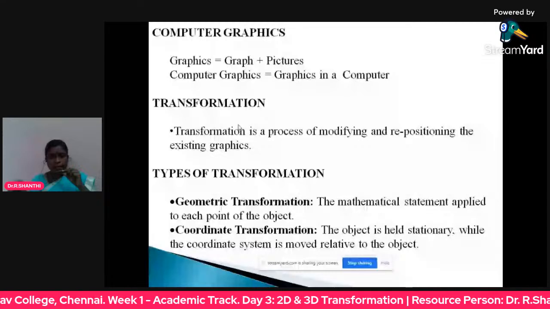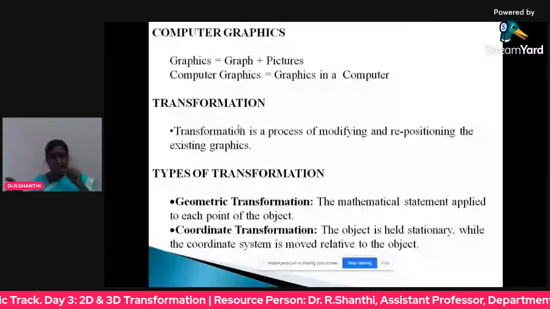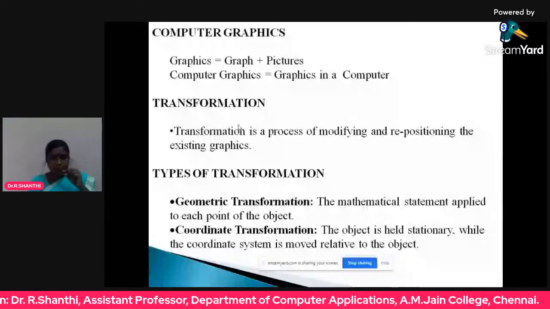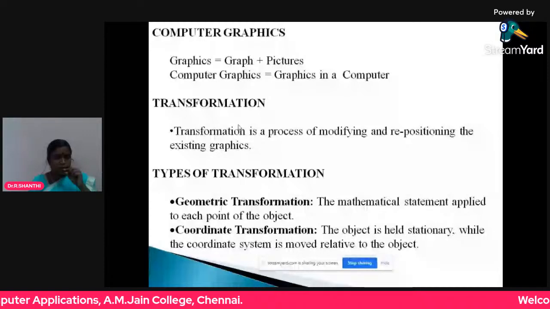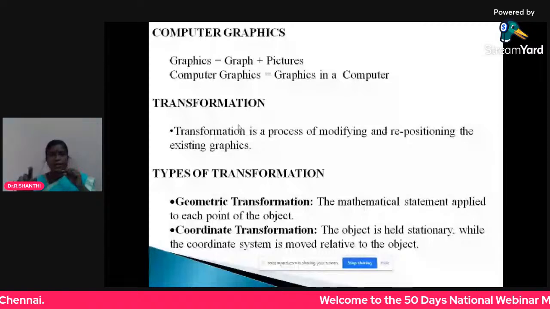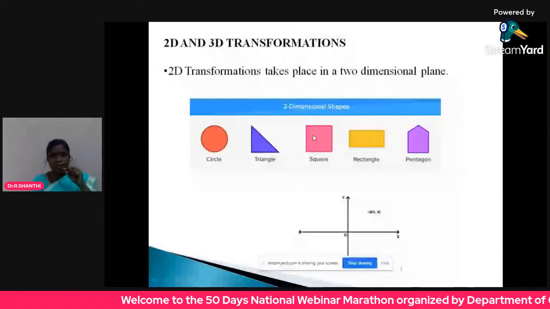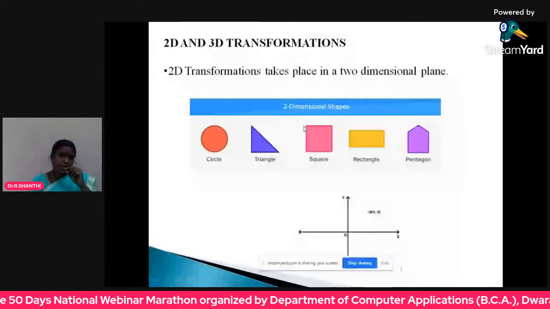The XZ plane is nothing but two, because you have only two dimensions, whereas 3D is three. So here, in geometric transformation, we are going to apply some transformation to an object. You can have a square, right? See, here I have a square. Because the size of the square, you know, has all the four sides of